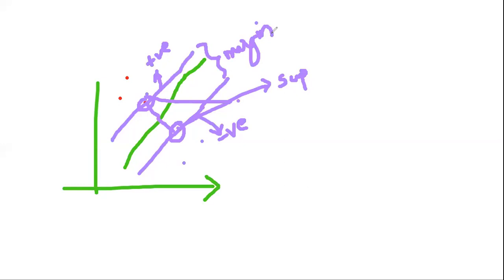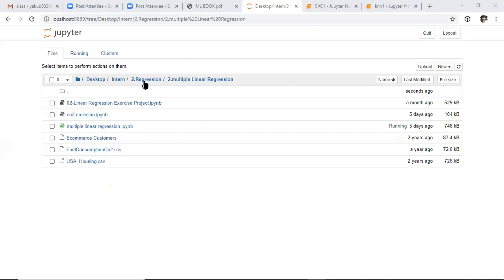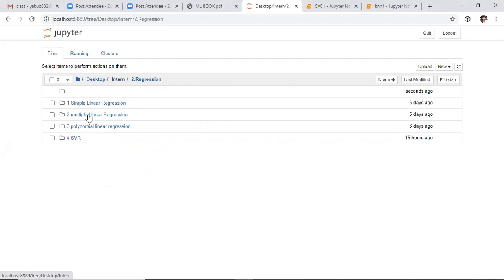So here I want to apply the same algorithm for the regression problem. Which data do we consider for polynomial regression?